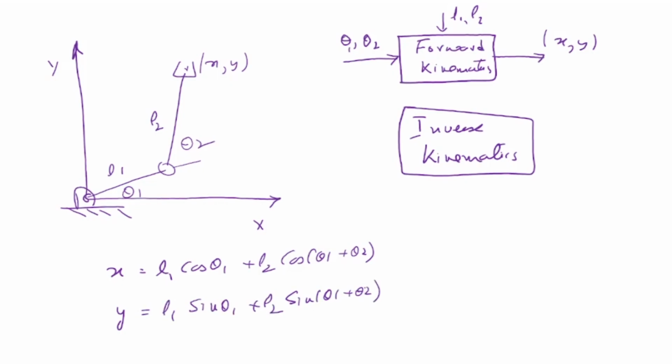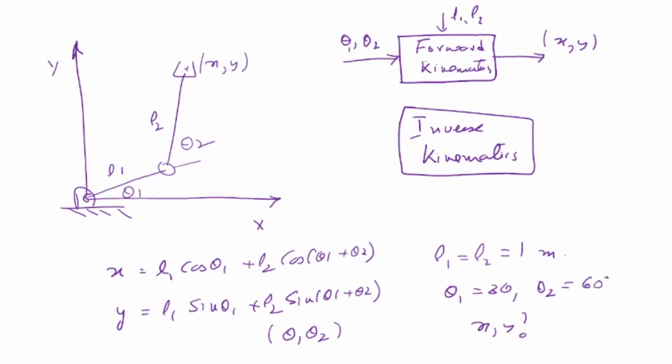Now there are two equations and two variables, theta 1 and theta 2. Suppose I give you the values of theta 1 and theta 2. L1 and L2 are known from before because the link length is fixed and cannot change. So L1 is equal to L2 is equal to 1 meter, for example, and theta 1 is 30 degrees and theta 2 is equal to 60 degrees. Can you tell me what x and y are?